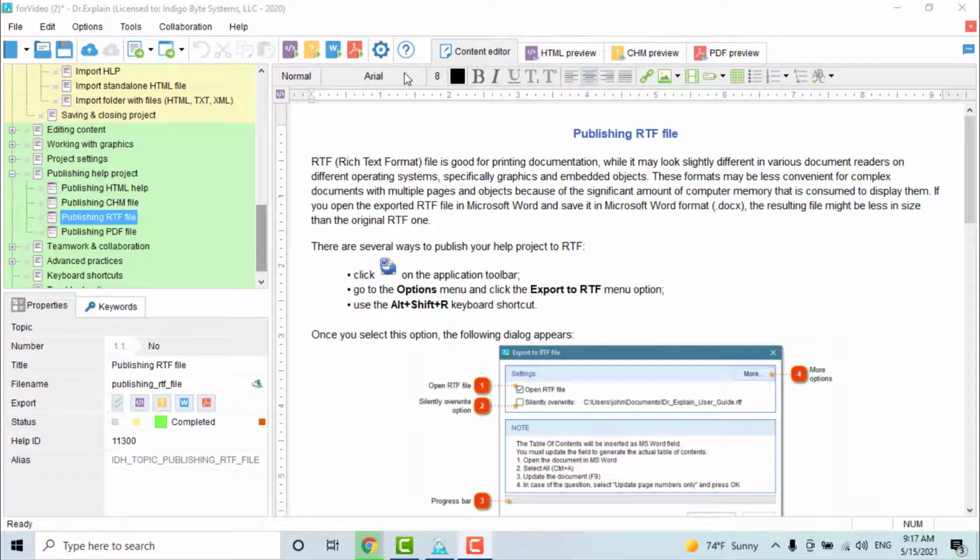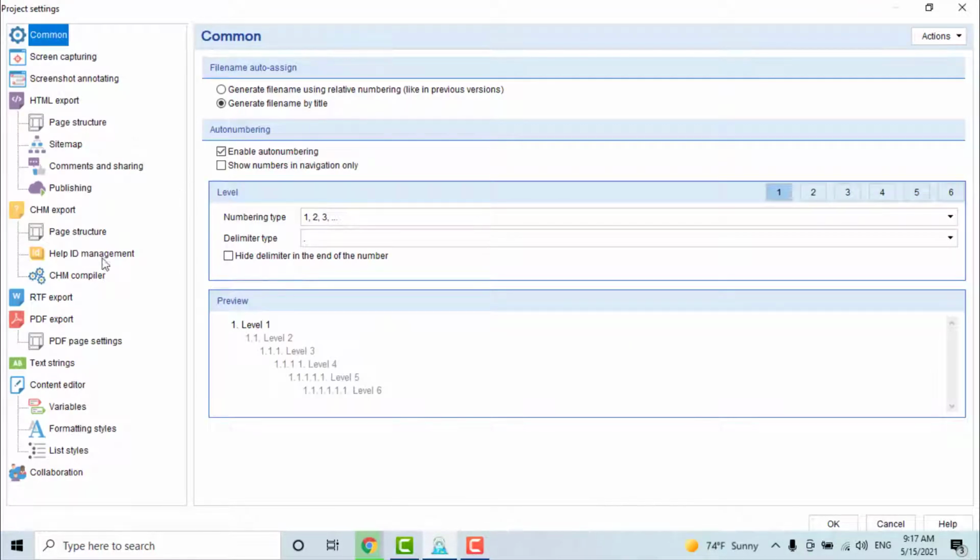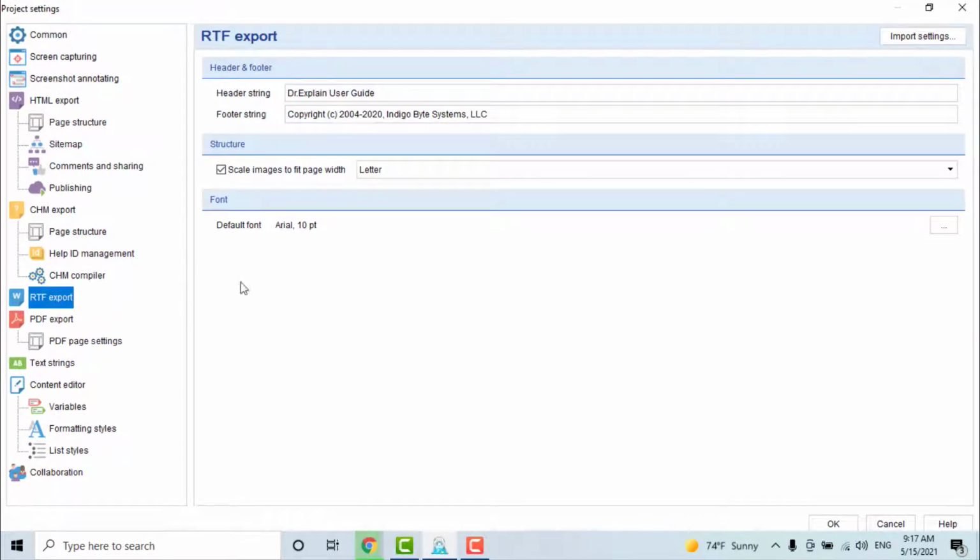In the RTF export settings, you can also set the text for the headers and footers and the page format.